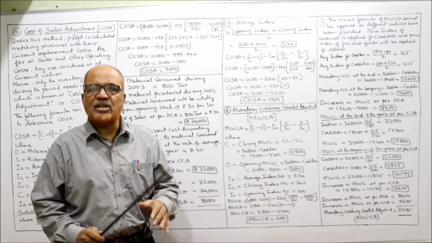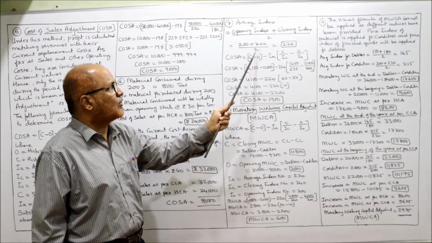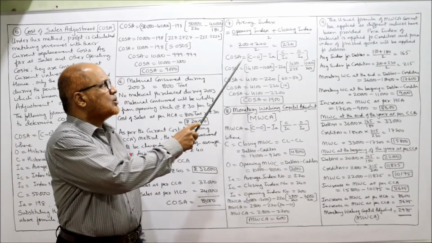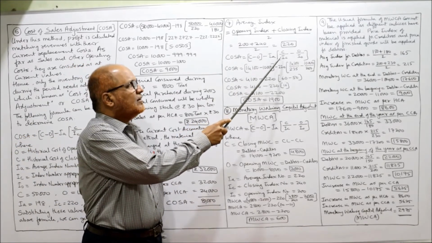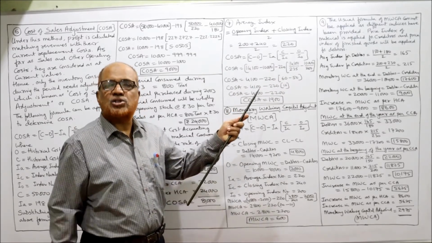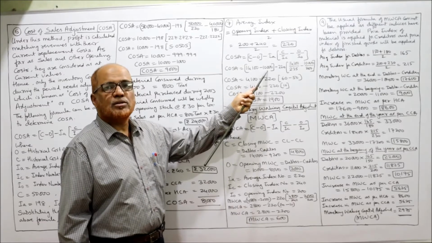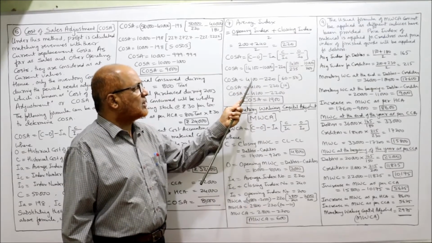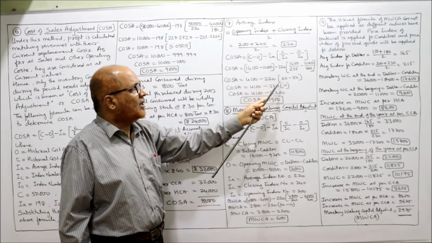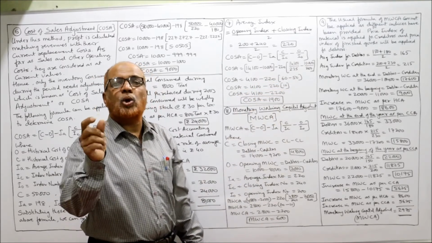So first of all, average index we calculate. Average index is equal to opening index plus closing index divided by 2. 200 plus 240 divided by 2, 220. Apply the formula. COSA is equal to C minus O minus IA, C divided by IC minus O divided by IO. So C, closing stock, historical cost of closing stock, 14,100. Historical cost of opening stock, 10,000. So 14,100 minus 10,000, 4,100. IA, average index, here we have calculated 220 into C, closing stock 14,100